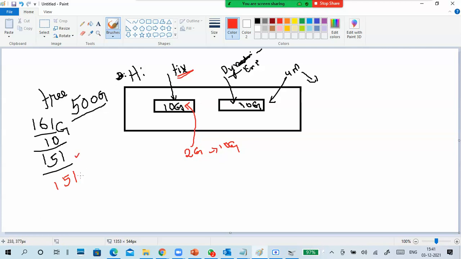Now I put 2 GB data in this 10 GB disk. So here my free space is 149. Now I added one more GB. My free space is 148.